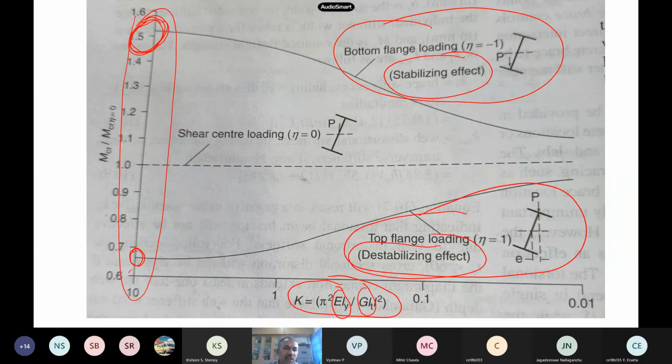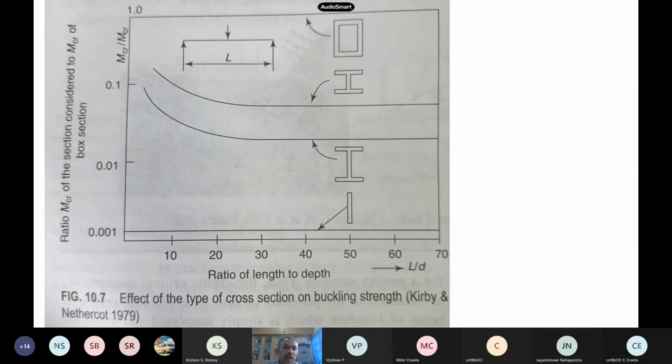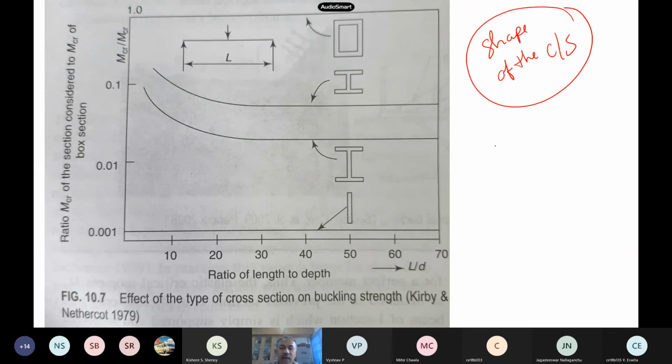Okay. So in practical situations, if you have been given an option, say this or this, you can select such that its capacity is increased. Okay, so this is the most important thing. Now another thing, the shape of the cross section is also very important. Suppose you have rectangular cross sections, its lateral torsional buckling capacity will be very high. It means large movements are required to cause lateral torsional buckling.